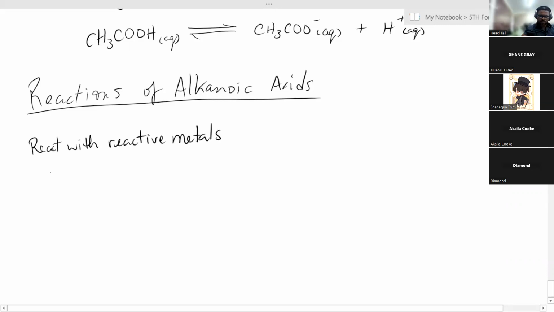It's just an example, and most of the time, generally, that's the example that CXC uses, ethanoic acid. But any acid can come, butanoic acid. Just remember, you have to represent the acid that is there. You can't write out ethanoic acid and think that it is butanoic acid that you're talking about. So one example, ethanoic acid